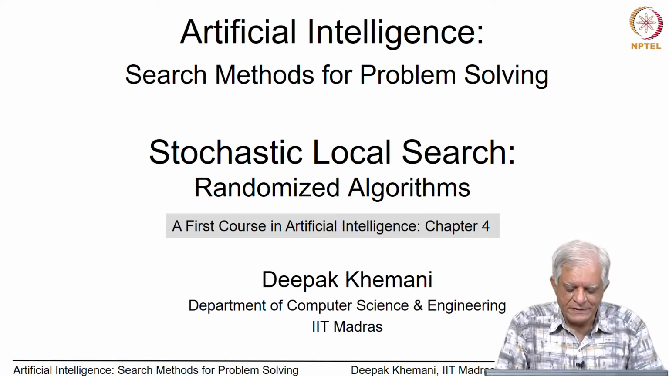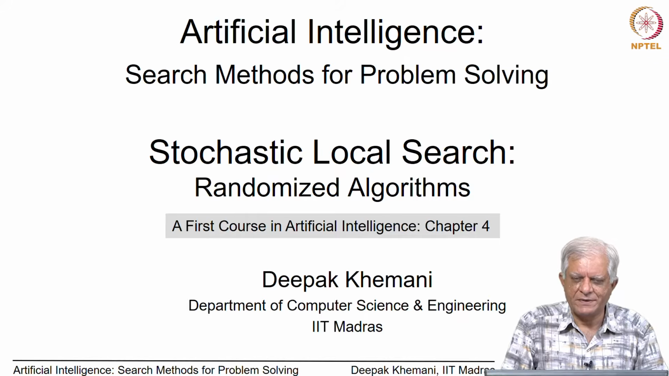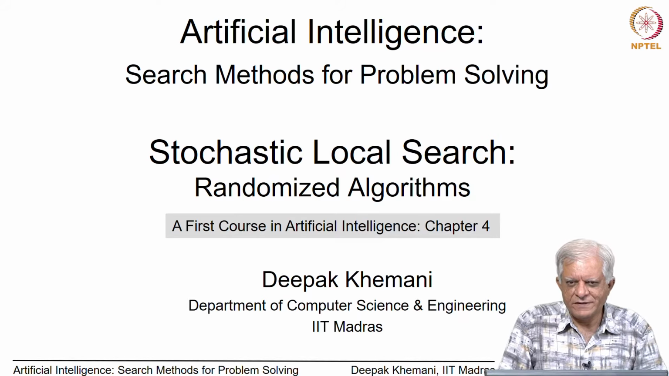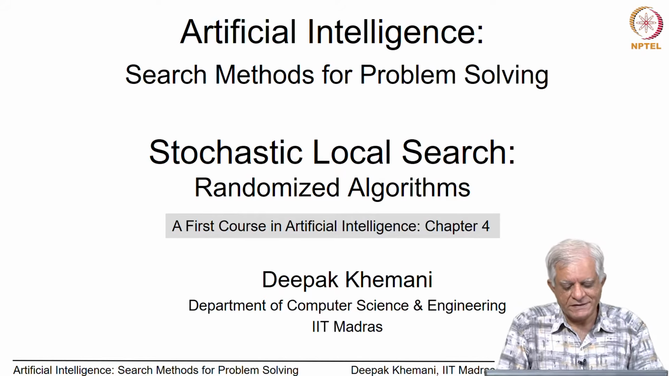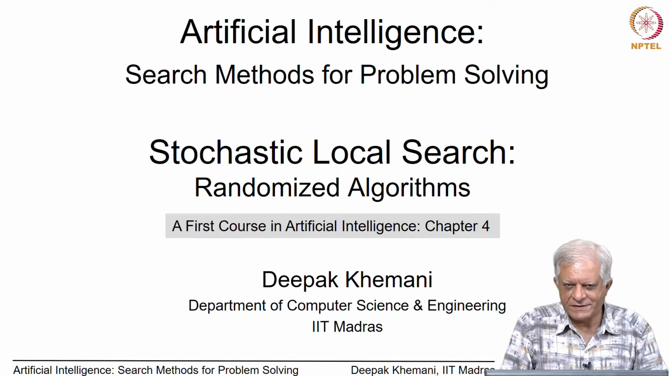So, welcome back. Let us continue our journey of trying to escape from the local optima that local search algorithms find themselves in. We have seen a couple of methods of trying to get away from that, and we want to look at more methods essentially. Initially, we will look at one more deterministic method, and then we will move on to stochastic methods or randomized